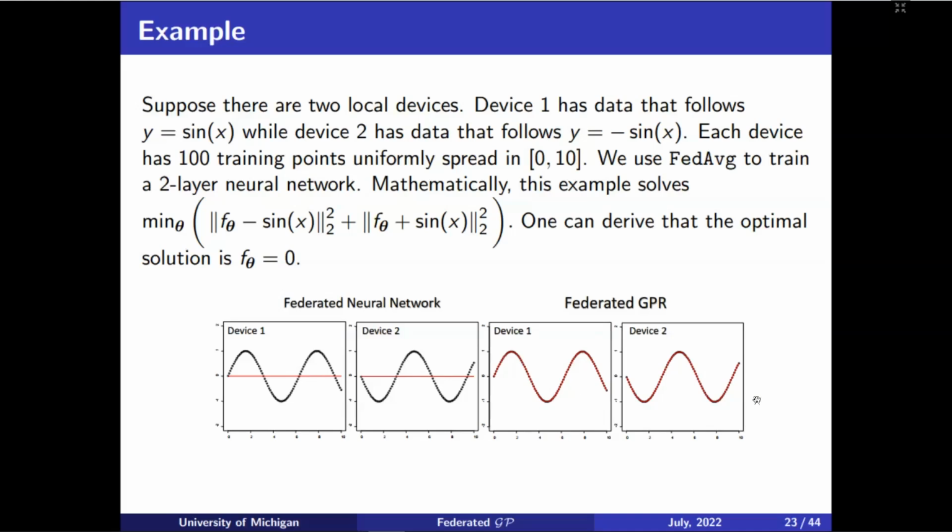However, as we mentioned before, the federated Gaussian process regression will overcome this issue by learning common model pairs over the devices, while the final prediction of the Gaussian process will also depend on the local training data set. In this case, the FedAvg approach on the Gaussian process will work for both devices.